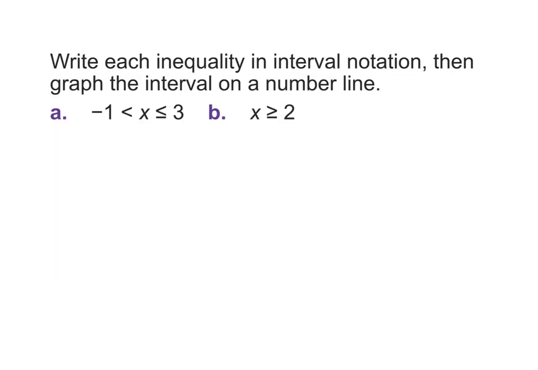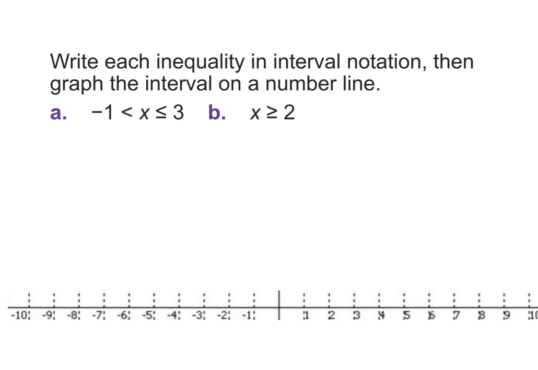So let's just do an example of this. Write each inequality in interval notation, then graph the interval on the number line. So I'm going to drop a number line in here, and I'm going to start with A. If I were going to write this in interval notation, I'm going to first notice that I have just a less than and a less than or equal to here. And so for this one, I am going to write an open parentheses here, -1, comma,